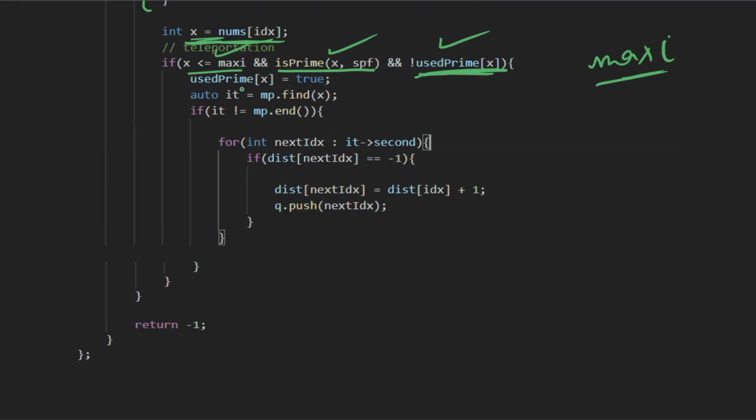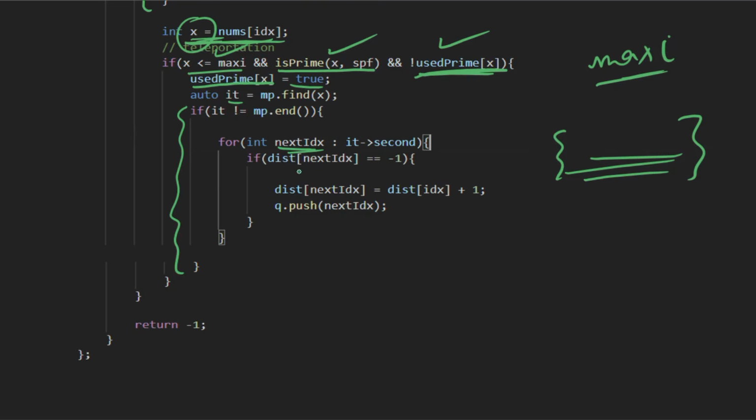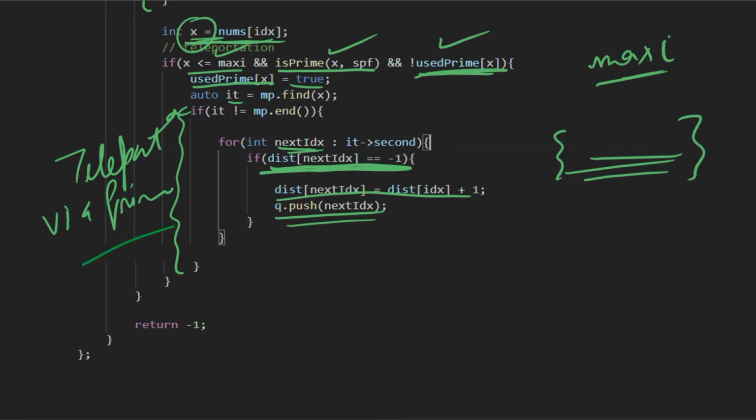Then first we mark that we have used this prime number, and then find all the indexes that are divisible by this number, and then we iterate over all those indexes, and update their distance if they are not already processed. If they are not already processed, then we update their distance and push those indexes also in the queue. So this is teleportation via prime number, right?